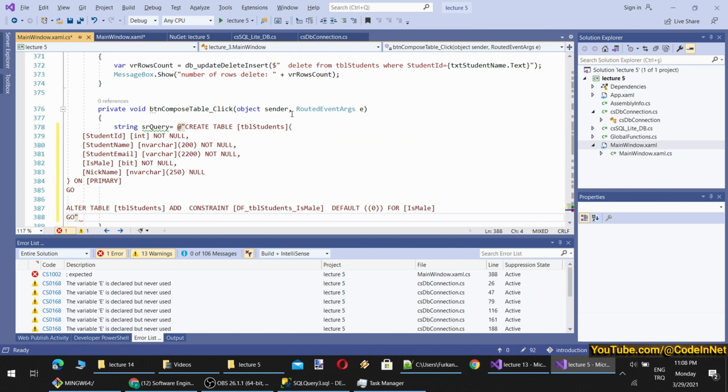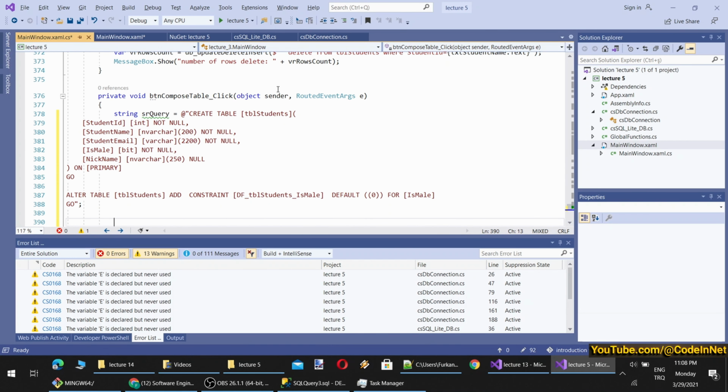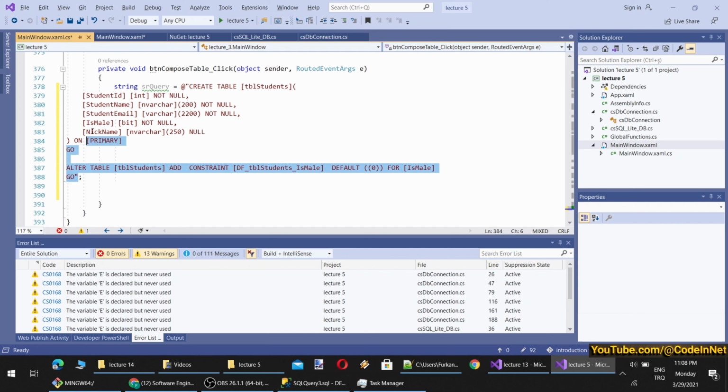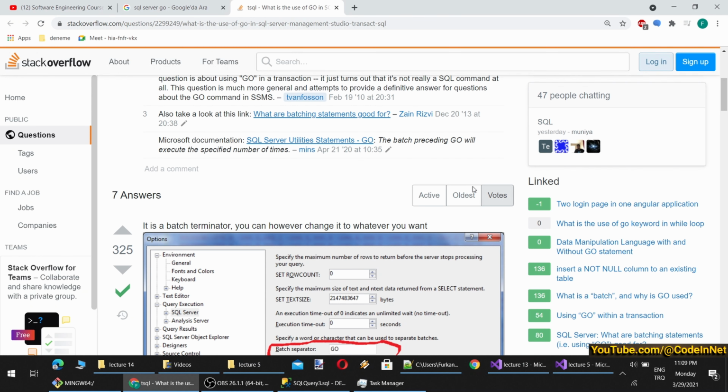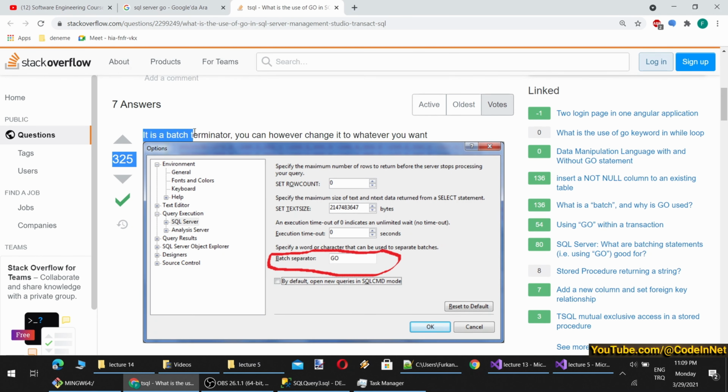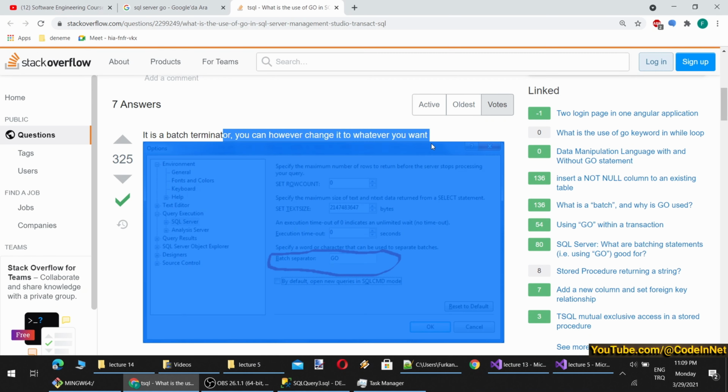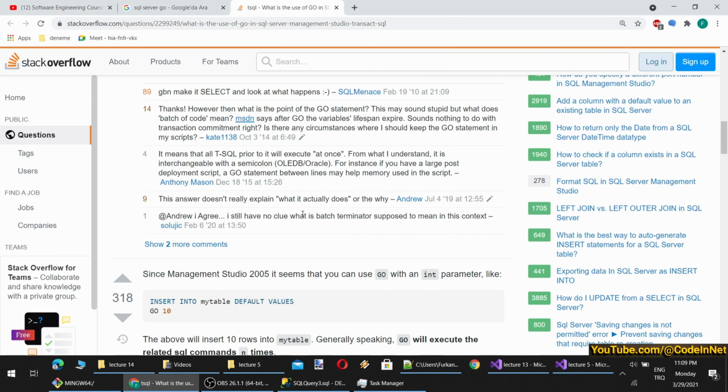By the way, with the add character, I am making this string be treated as a single line. This GO means that SQL Server Management Studio always inserts a GO command when I create a query using the right-click script as menu. Why? What does GO actually do? It's a batch terminator. You can, however, change it to whatever you want from here.